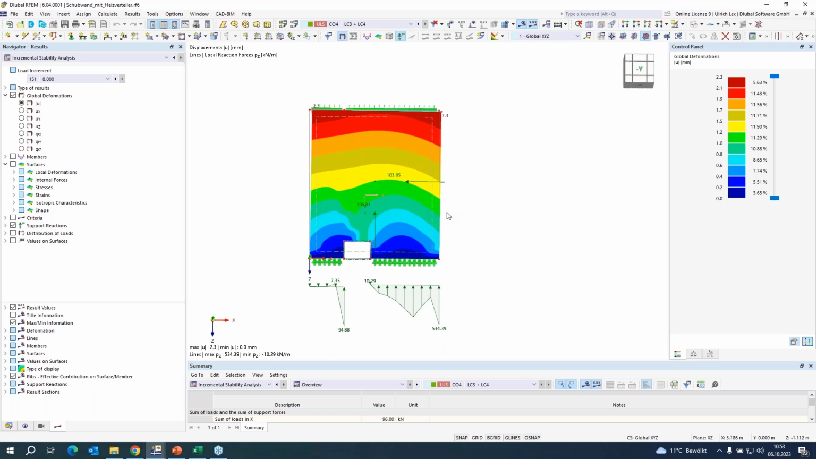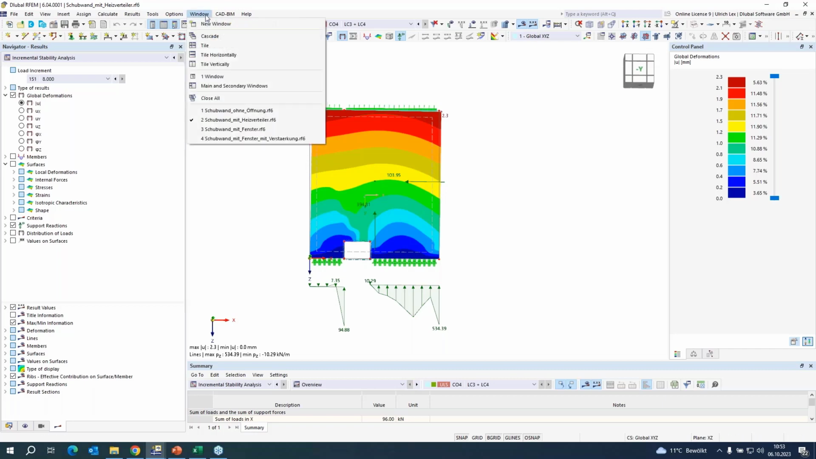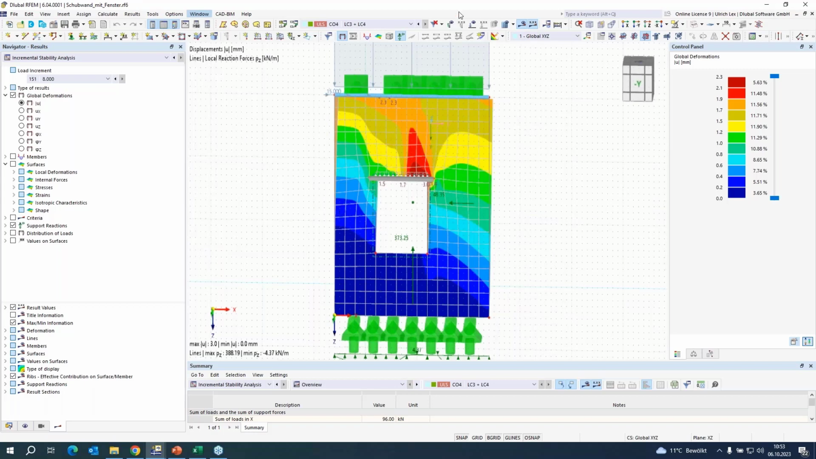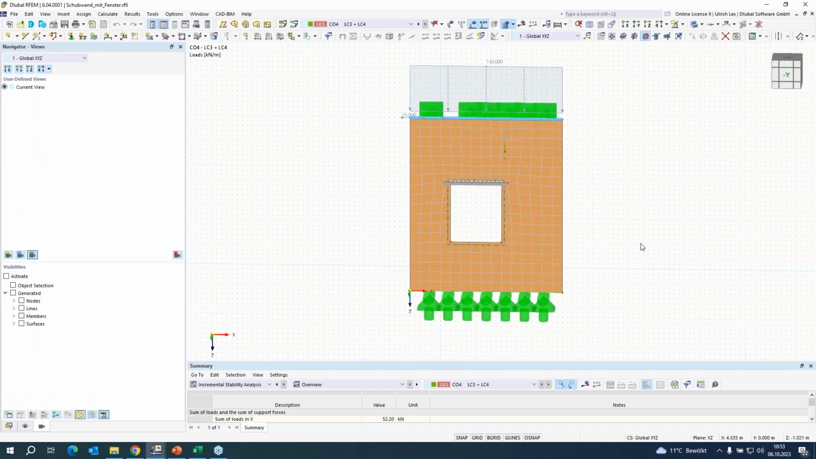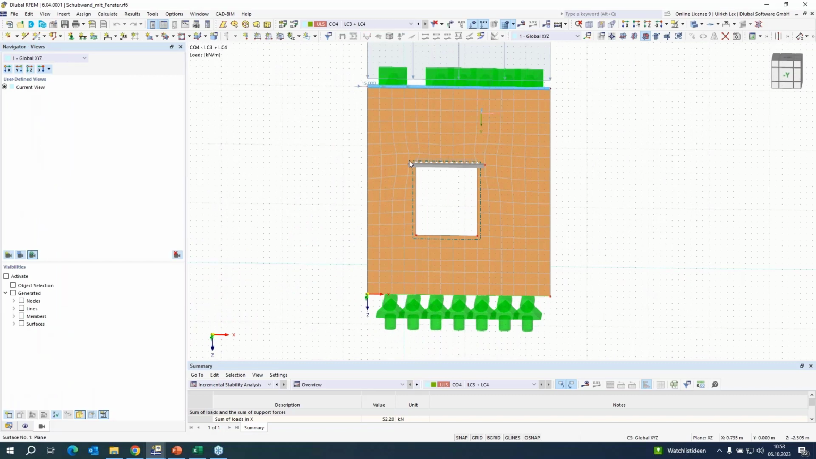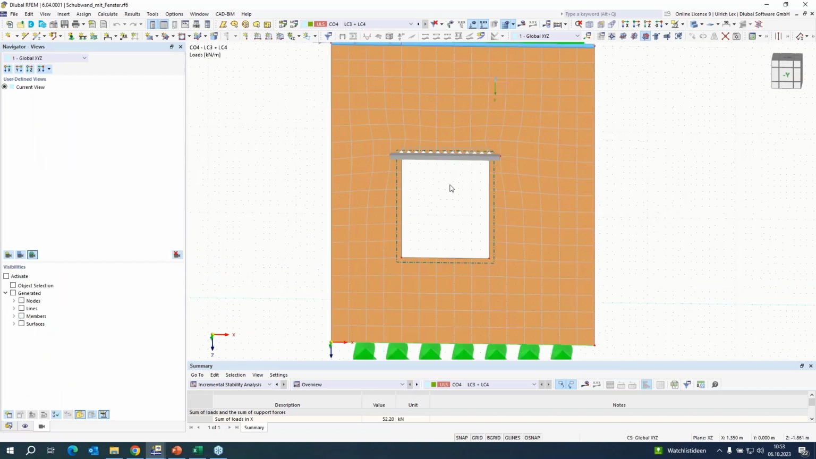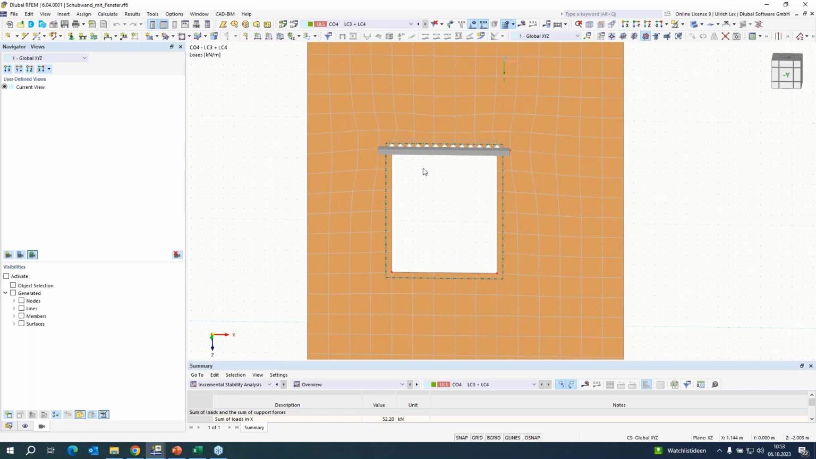So the second case I want to take a look at is to create, instead of the opening in the lower part, an opening like a window in the middle of the wall. I also prepared it. Now I created the opening like a window. Here it's needed to create a beam, a member above the opening,